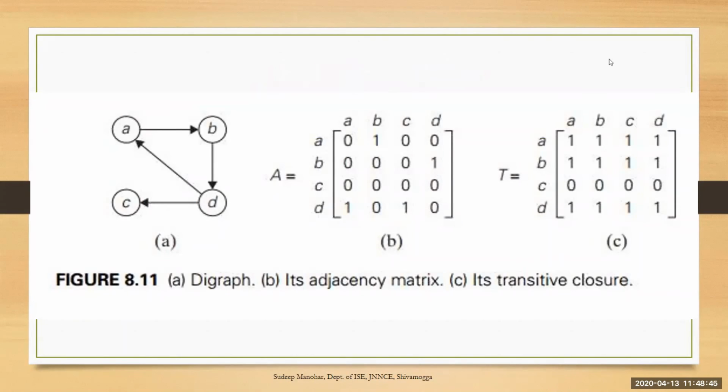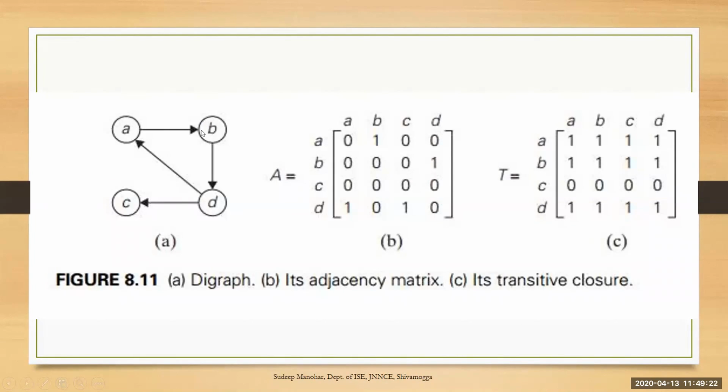So observe the given graph. This is the graph given. There are 4 vertices and 4 edges, and all edges are directed edges, and hence it is a directed graph. The corresponding adjacency matrix is this. From A to A it is 0, because there is no self edge, and from A to B it is 1, because from A to B there is an edge. From A to C there is no edge, and from A to D there is no edge. So from A there is only one edge, that is to B.